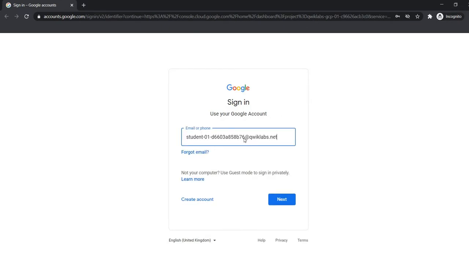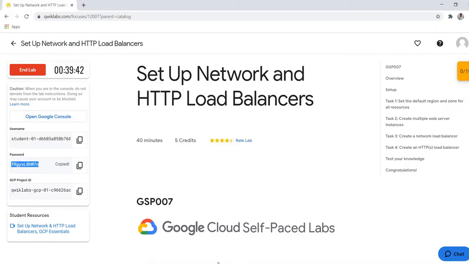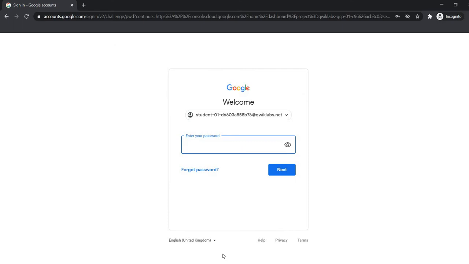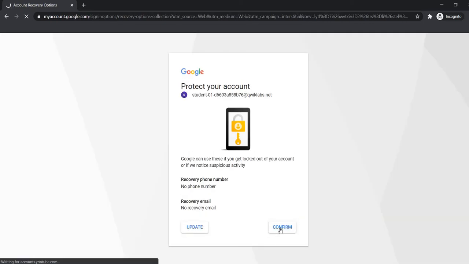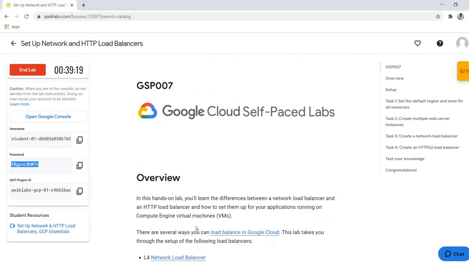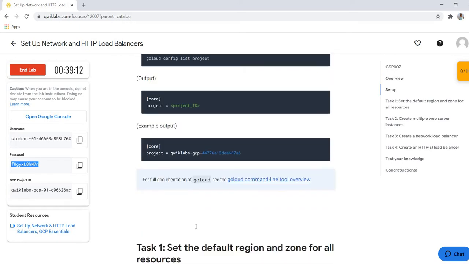Open incognito tab. Let's see what are the things we have to do in this lab.